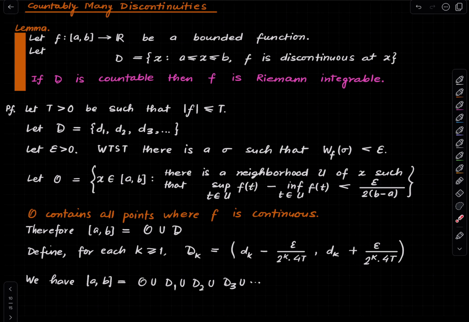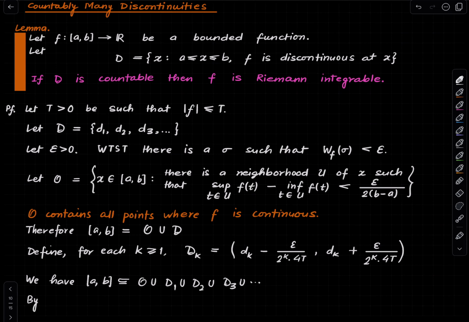Why is that? Because together these dk's cover D, they contain the set D. Since this is the union of these two things, here I cannot write an equal sign, I'll have to write a containment, because these open intervals may fall out or come out of this thing. I could intersect this with (a, b), but that is another mess that I will get myself into. It's just a technical thing. So this thing is contained in these open sets, and therefore by compactness